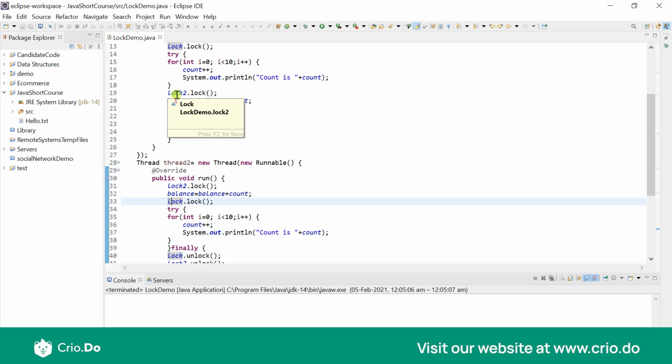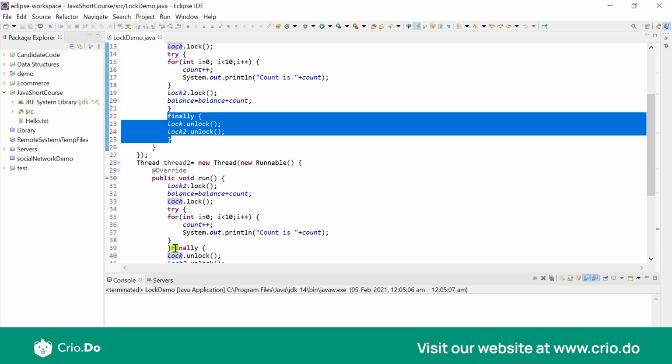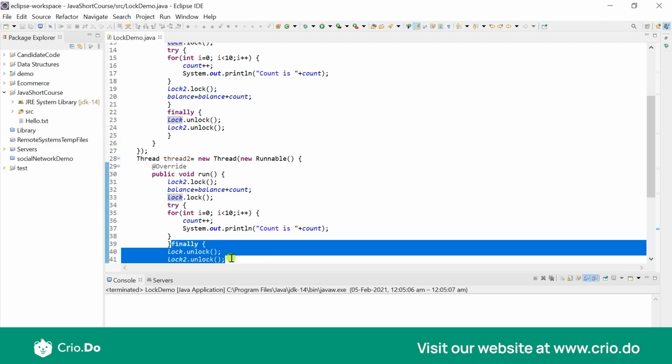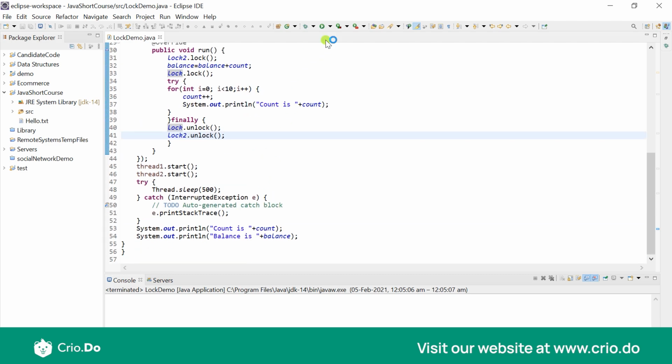And here we will never reach a situation in which thread 1 gets lock2, because lock2 is already locked by thread 2, and thread 2 never gets the lock, because lock is already locked by thread 1. Both of them will never reach the finally block to unlock both the locks, and this is where we would have a deadlock. So now let's go ahead and try to run this.